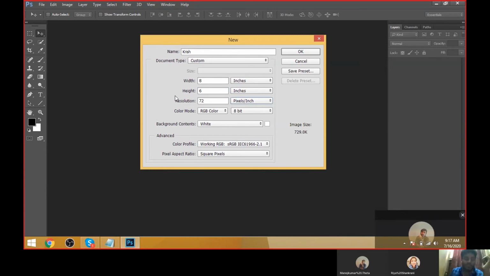What is the width and height? For every document, every object or every product, we have some dimensions. If you take a table, a laptop, a mouse, or a TV, whatever it may be, we can see the width, the height, the length, and the depth, everything. Here, how are we calculating? Photoshop is a static application. First of all, Photoshop is a static application.